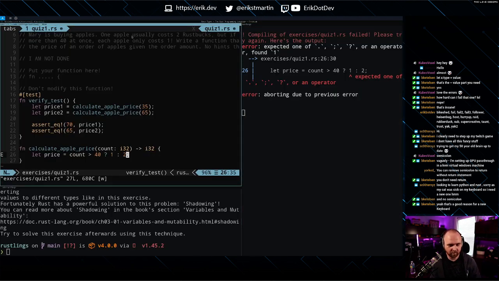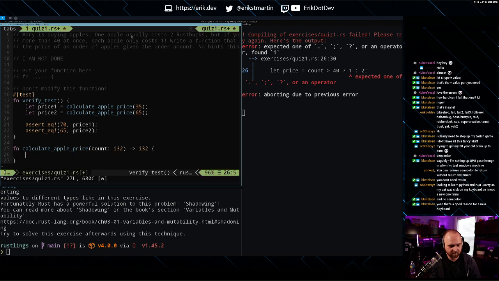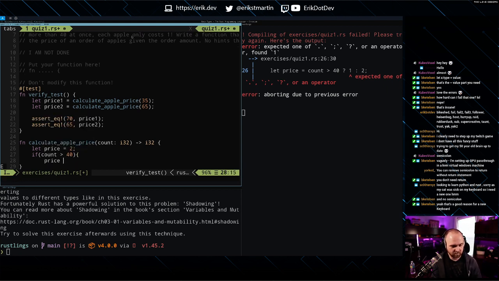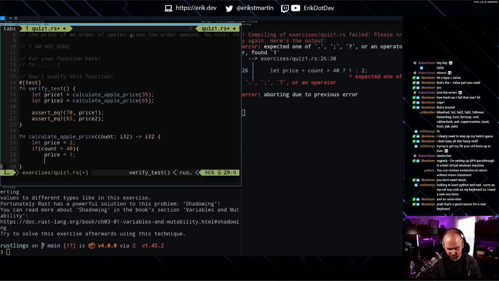Alright, we'll do it long form. So we can just say let price. I guess we don't really need to do that. Price is going to be $2 if the count is greater than 40, price is going to be $1.